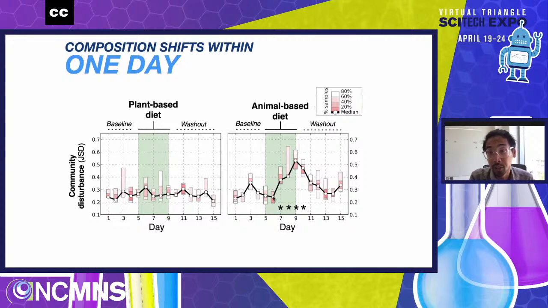And that's actually only 1 day after the food reached their gut. And we knew it only took a day for the food to reach their gut because people ate food coloring that was in the food. And that's how we could tell when the poop came out the other side and it changed color. That's how we knew how long it took for food to get through people.